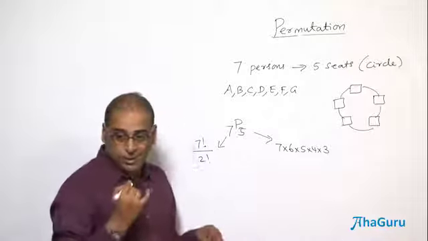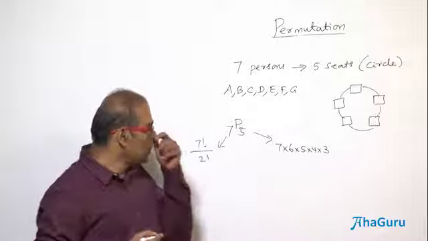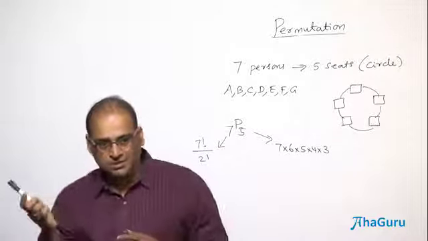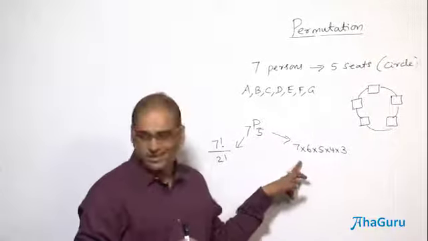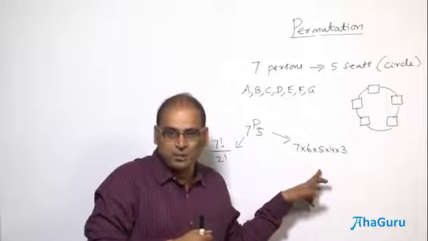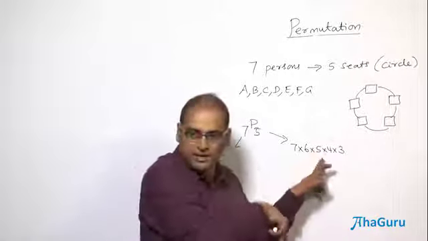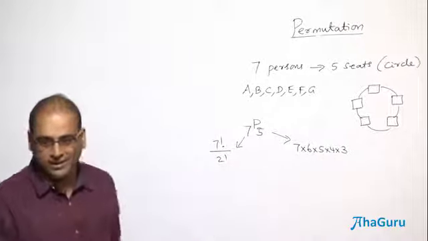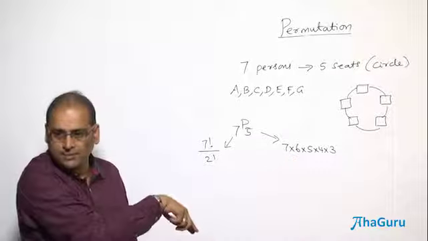Remember that, right? If you go with the linear 5 seats, seats are less, 5 seats versus 7 persons. So first seat can be occupied by any one of the 7 in 7 ways. The second seat can be occupied by any one of the remaining 6 in 6 ways. Third seat can be occupied by any one of the remaining 5. Fourth seat, fifth seat, all the seats are occupied. You should not look from person to seat. It will be a problem. You get this, and we already derived that.